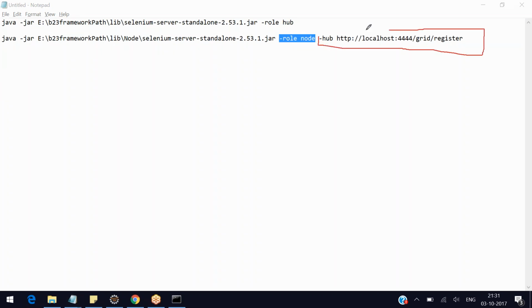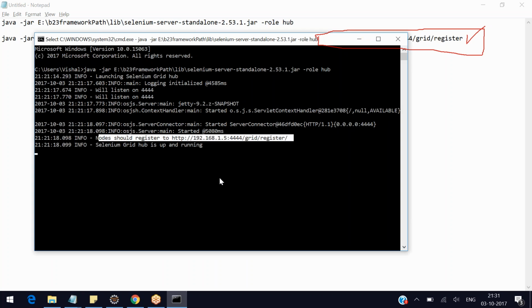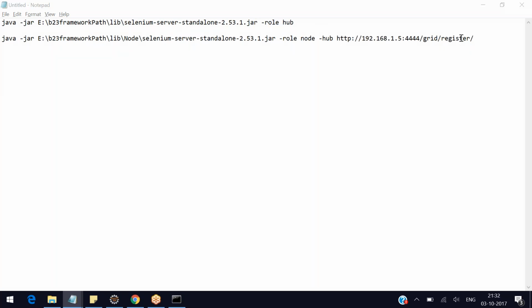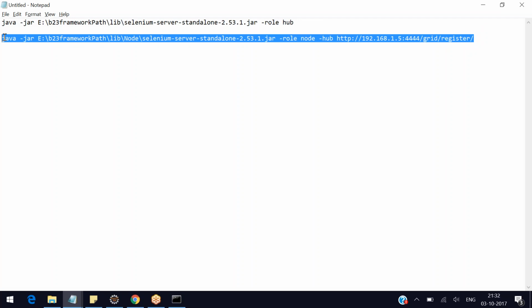What you're trying to say in this particular part is: register on this particular hub. But what is the location of our hub? This is the location. So I'll just copy this and paste it. Now if I have one more computer, say Windows XP, I just need to execute this particular line